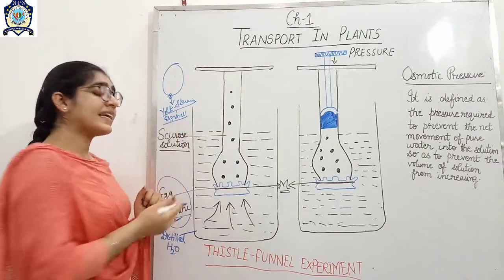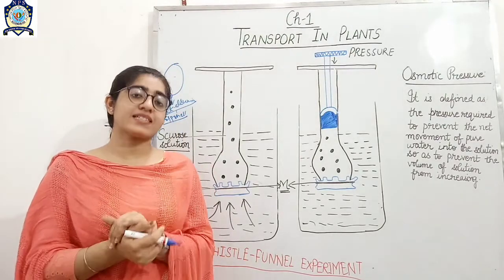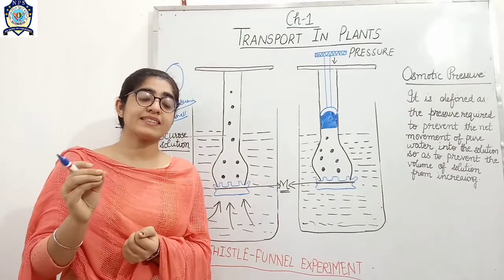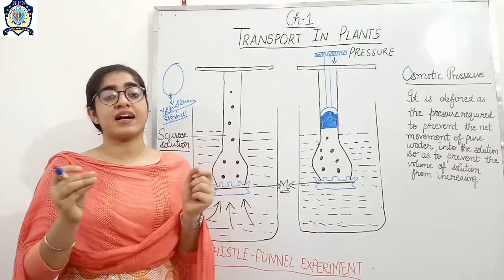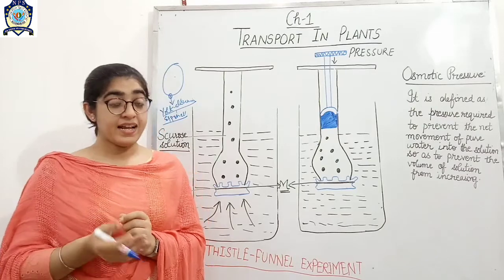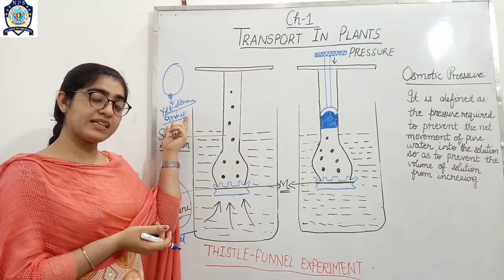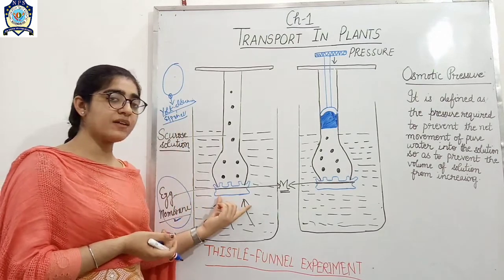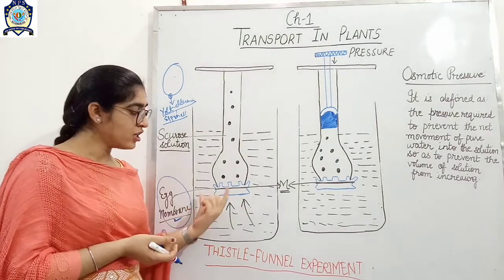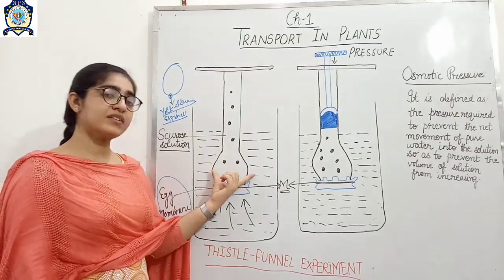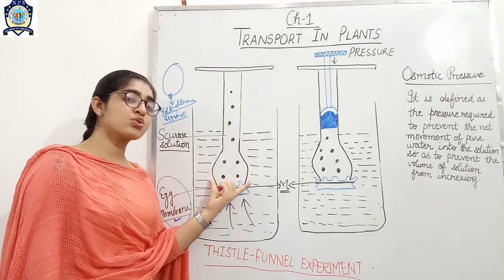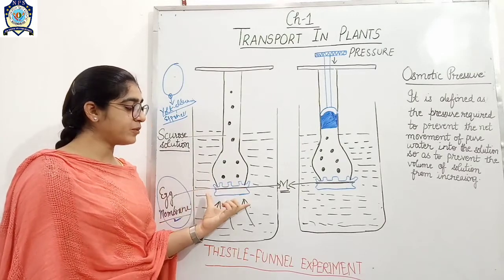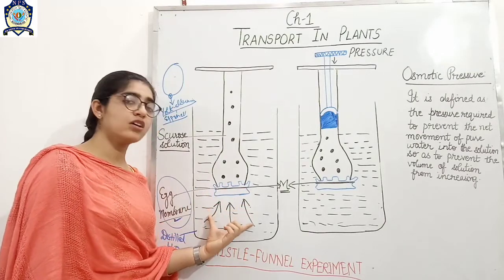अब आप क्या करोगे? Keep this eggshell in dilute HCl for a few hours, and you will observe the cell will get damaged and you will find the membrane intact. And this egg membrane acts as a selectively permeable membrane. So here we are using the egg membrane. Again I am repeating, take a Thistle funnel, fill it with the sucrose solution and tie it with the egg membrane. Now keep it in an inverted position in distilled water.